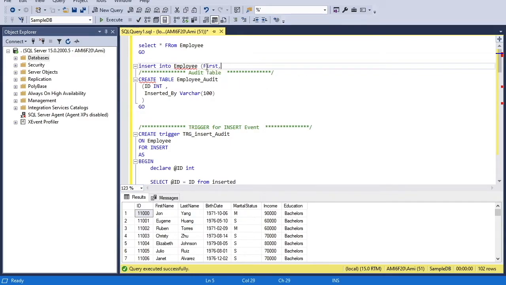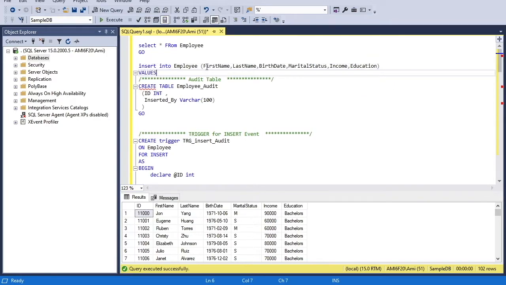Only first name, last name, birth date, marital status, income, education values. First name, let's say Jack Lee.